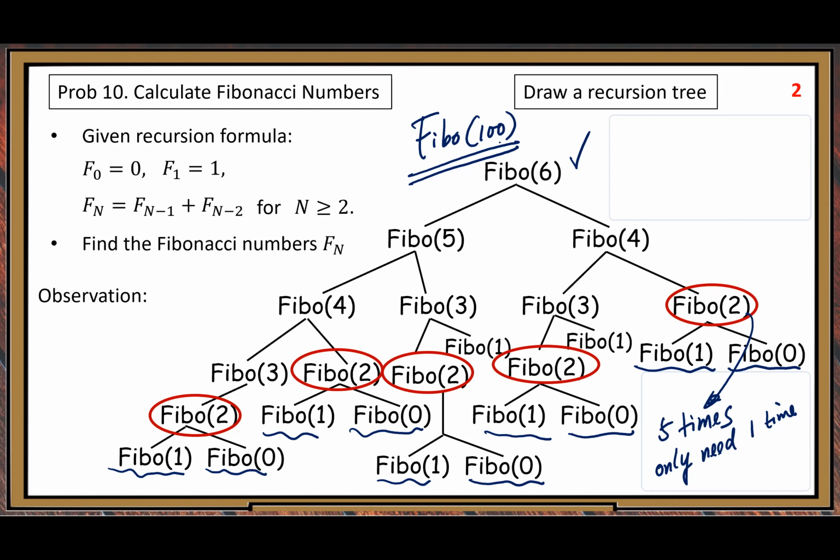All right. And if you do the experiment, it is extremely slow. So I make it our second programming project, to let you feel how slow it is using this direct recursion way. And actually, you cannot do Fibo of 100. If you do Fibo of 100